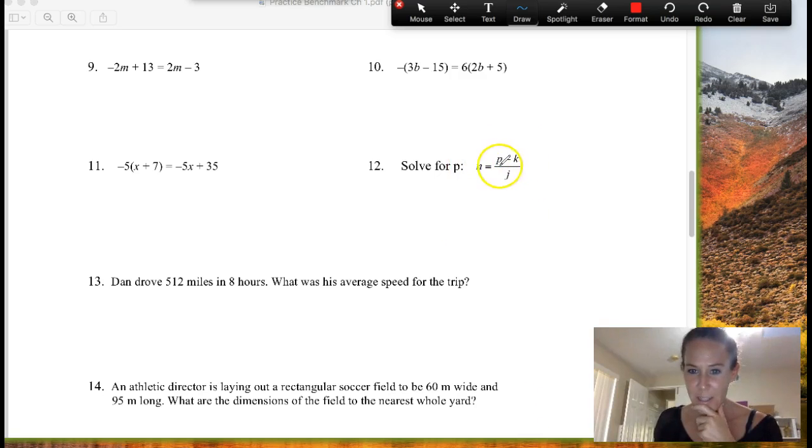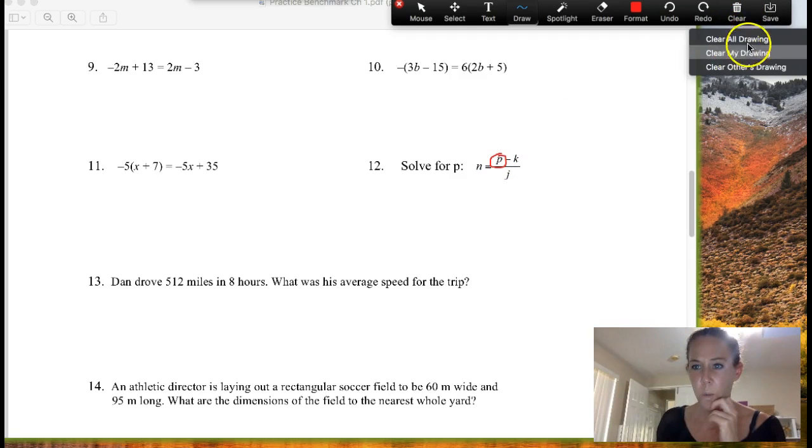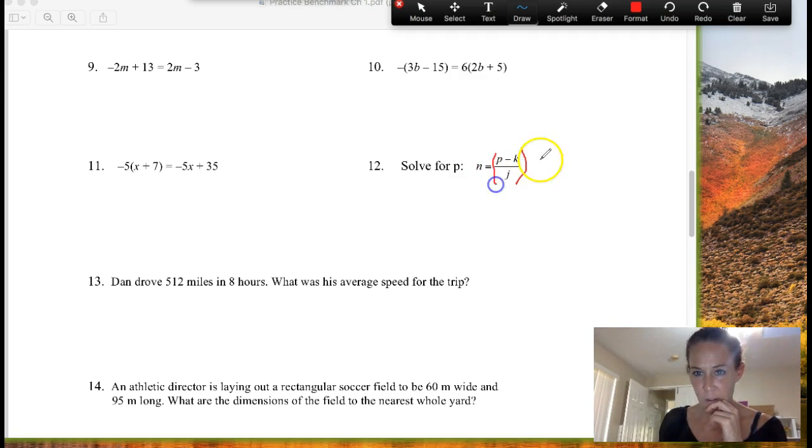All right, so let's look at this. Solving for P, we want this guy. So in order to do that, we're going to peel off everything else. This is all divided by J, all of it, not just a part of it. So let's peel off that first and multiply both sides by J. Okay, and by doing that, the J falls out on this side, and over here I've got J times N. So I'm going to go Jn